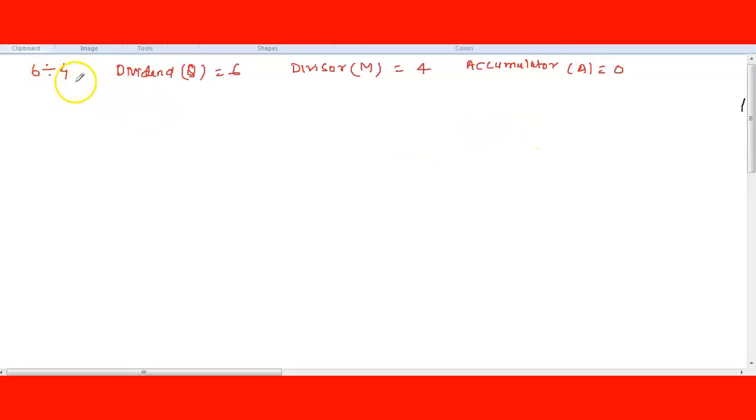First, whatever the value is given, write it as a binary number. 6 in binary is 0 1 1 0. I also write it for the negative number: -6 is 1 0 1 0. 4 is 0 1 0 0, and -4 is written in the second complement, 1 1 0 0. Second complement means just copy the number from the right-hand side as it is, till you get the first 1. Like 0 0 copy, 0 0 copy, till you get the 1, you copy it as it is, and the first one also you copy. After that, all the remaining values you complement.